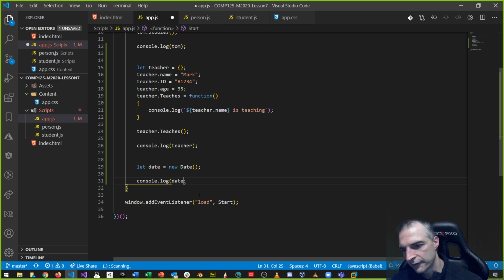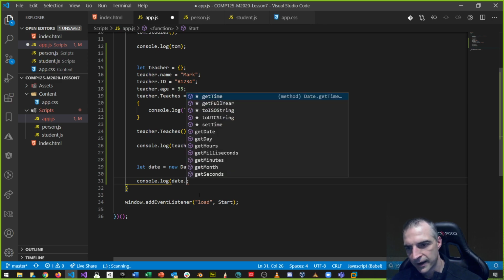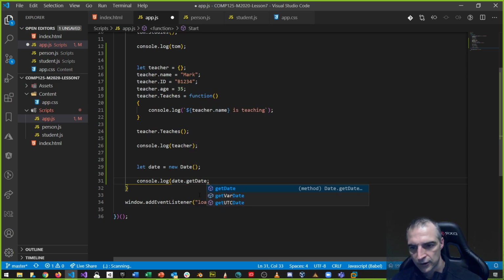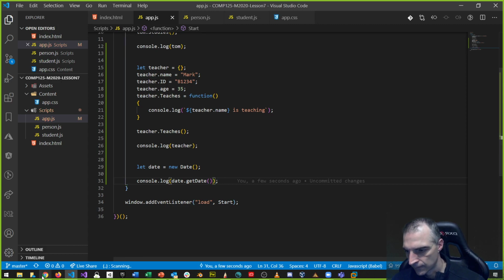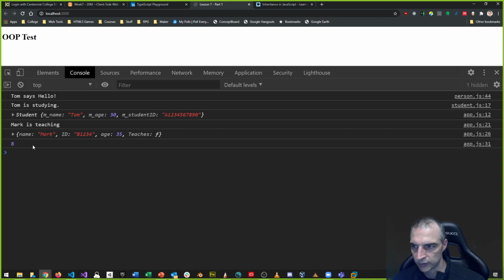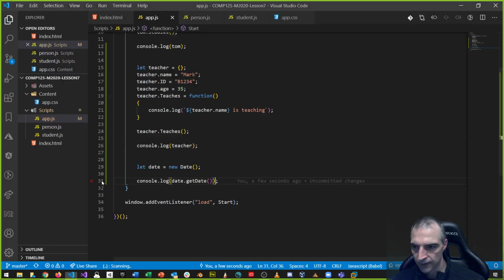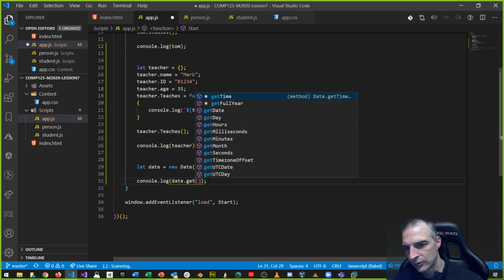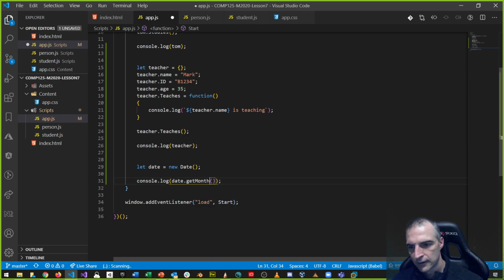But the date itself, if I said I want the day, get the date, as an example, that would totally work, right? 8, the date, the 8th of the month. That's what that gives. And if I want to formulate my own, get month, right? This is also going to come back as a